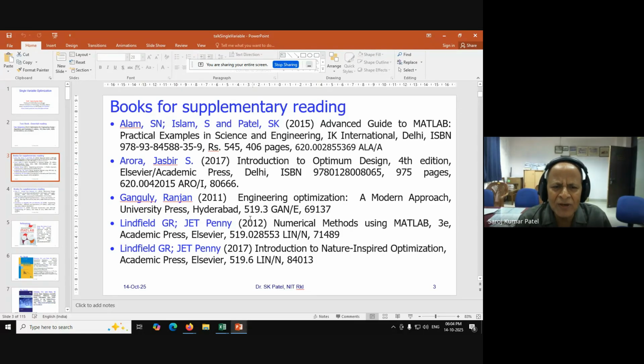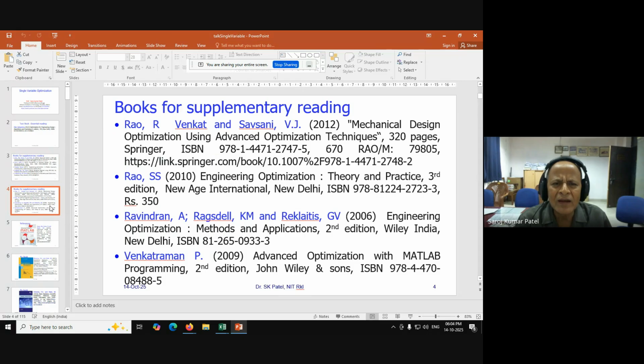Then other books are by Ranjan Ganguly and Lindfield, two books they have written. Then R.V. Rao of NIT Surat has also written a book. Then S.S. Rao is a standard textbook. Then Ravindran and Venkatraman. As Madam has told, I have written a few textbooks, so those books are this